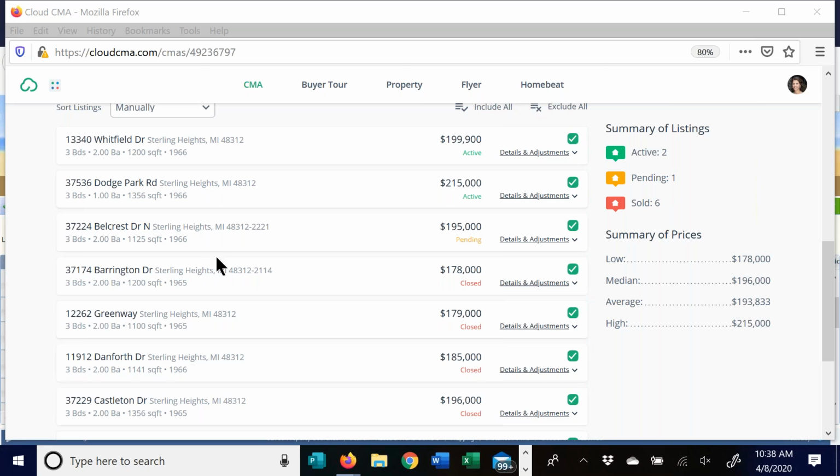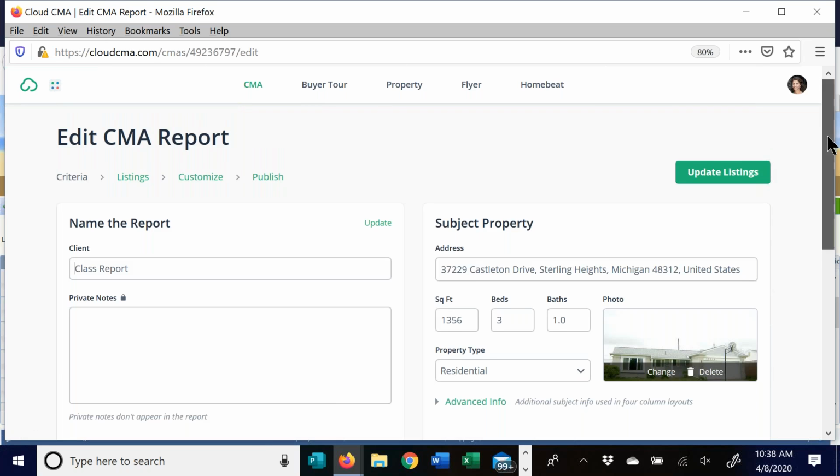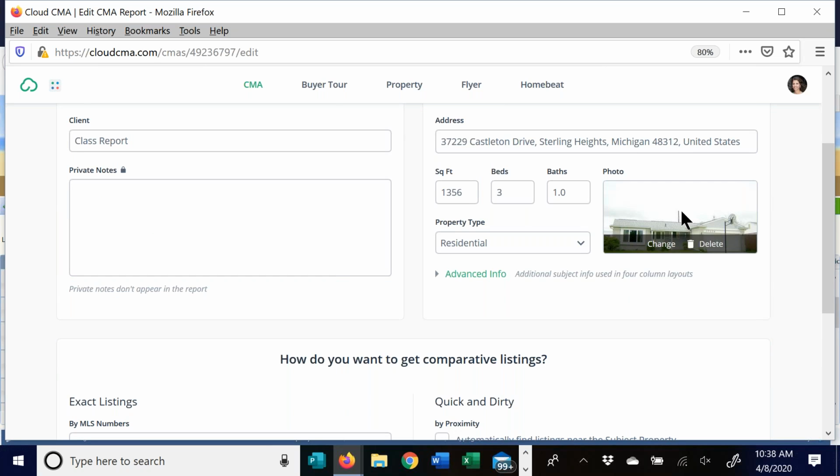Oh, okay. So let me go back a step real quick. I'm going to go back to the top here. So you can see my tabs are here. So if you ever have to go back a step, it's not a problem. You just click on your tab. So I'm going to go back to criteria, Tom, so I can show you again how I did that. So where it says photo here, you're actually just clicking inside the box, and it should,